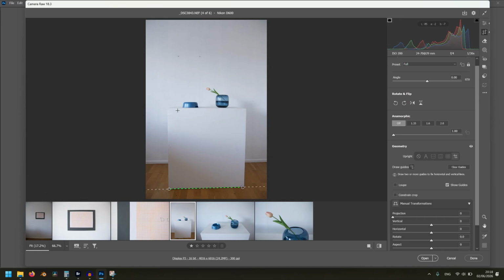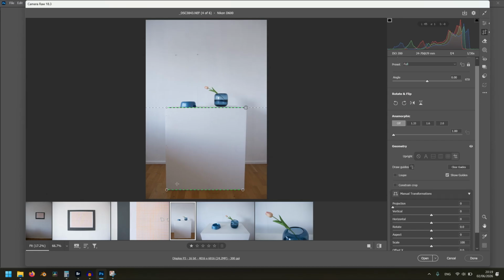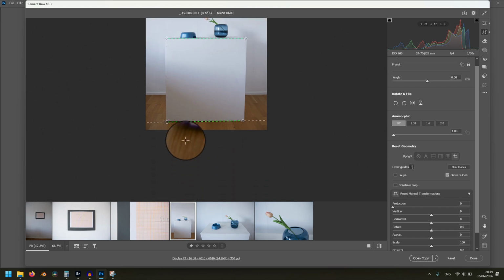Now nothing happens yet, but if I drag a second line over here, and I can press Alt on my keyboard to precisely adjust it, and then release, you see immediately that these two lines became straight,